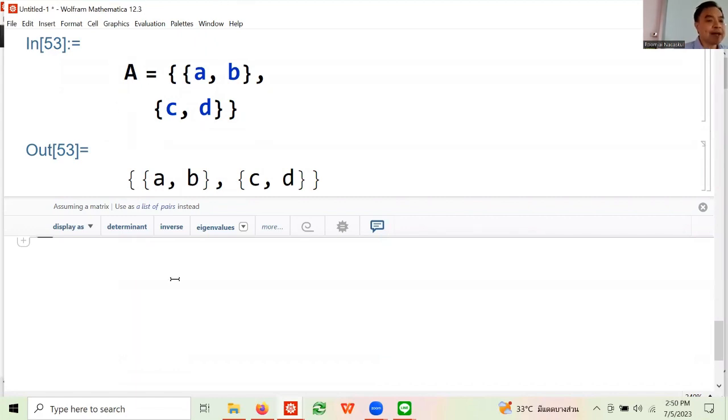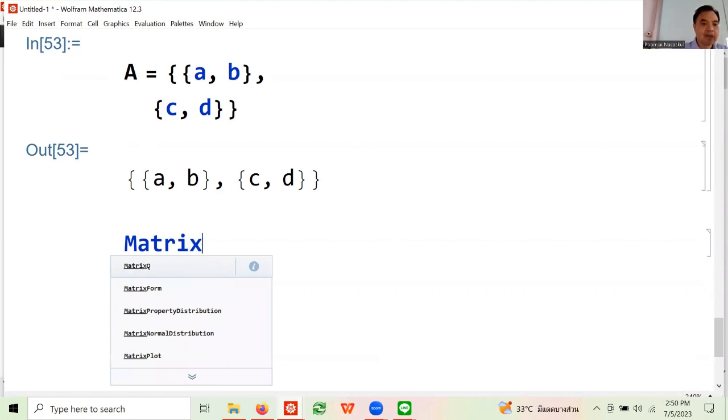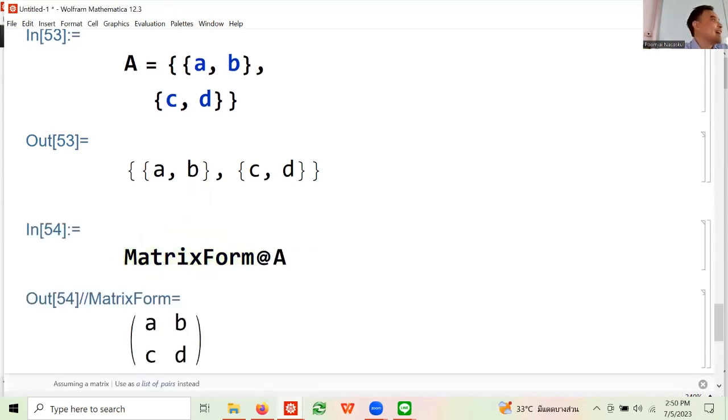So sometimes you format it as a matrix. Now this is where things would look more like mathematics. Matrix format. Okay, let's apply matrix format to A. See? Right? But this is not how you program a matrix. A matrix is a list of lists.